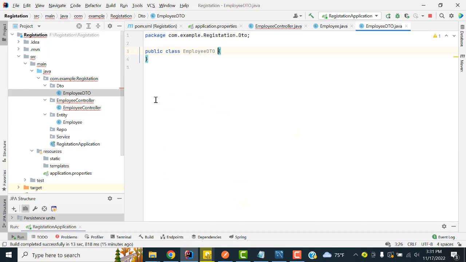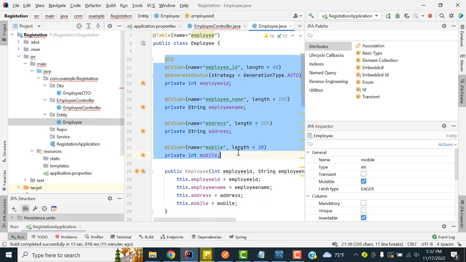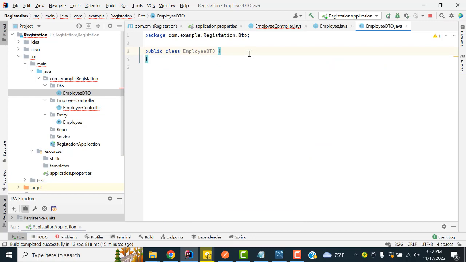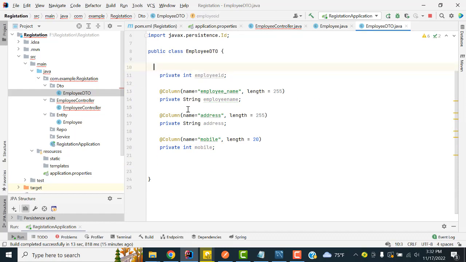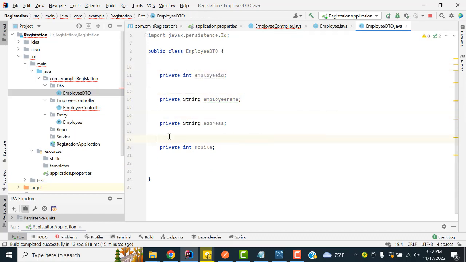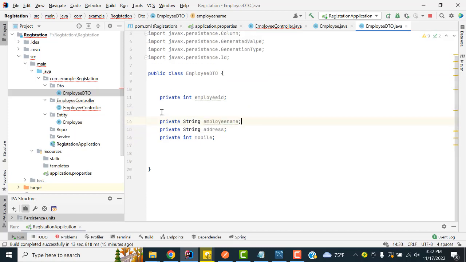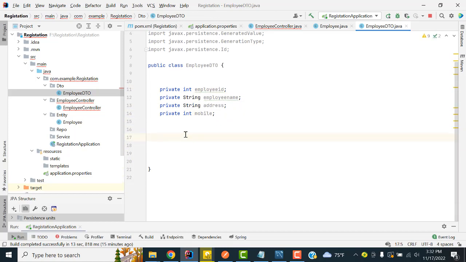Now here we don't need to do anything special, anything you have to write here, same thing, you have to copy these four lines, copy it and paste it. It's just a DTO. The entities you have created here, just paste it here. All these other things we don't need. This is just a record coming via the DTO, right? So you just keep the other things as they are. So these four properties, right? Now here the same thing, you have to import the